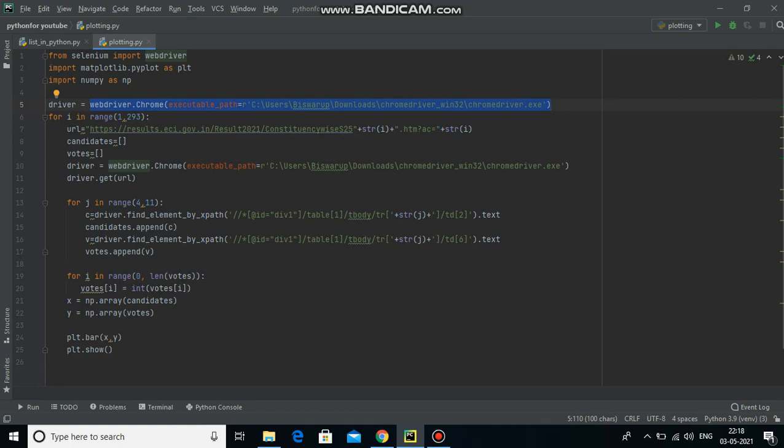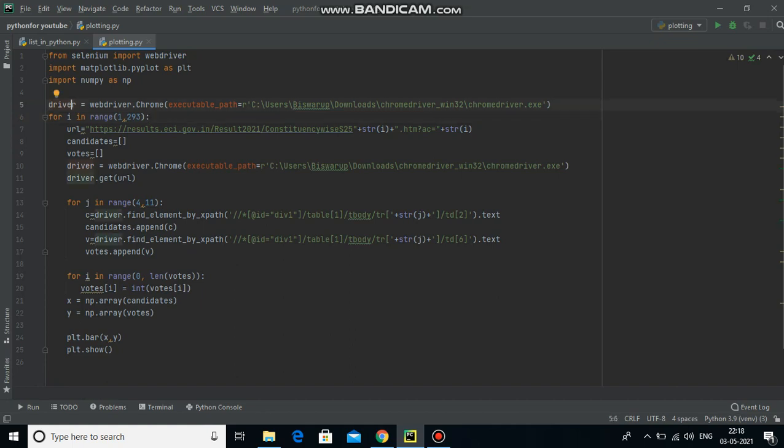I am currently using Google Chrome, so I have downloaded the Google Chrome driver and stored it in my download folder. I have written here the full path of the Chrome driver executable file, and it has been stored in the driver object.